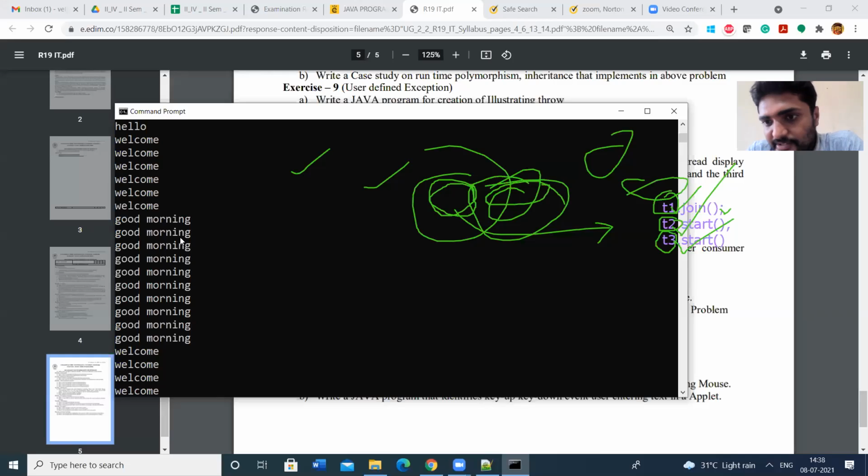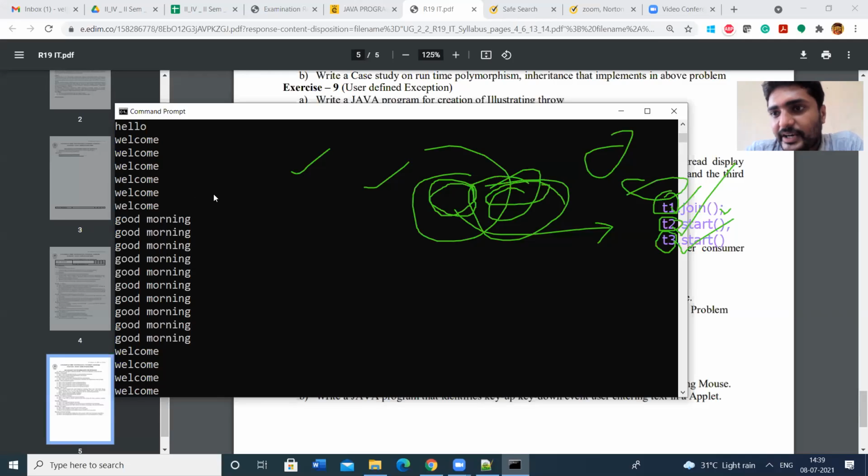In order to avoid this, before executing the good morning thread, we can give welcome.join. If you write the statement as welcome, that means the welcome object, say A1 or B1 or C1, A1.join. If you give the statement A1.join, B1 and C1 will execute after completion of A1.